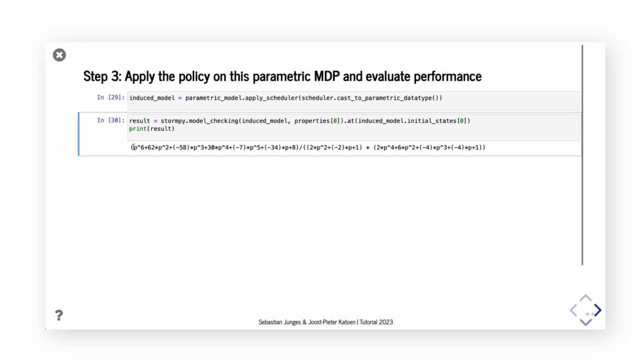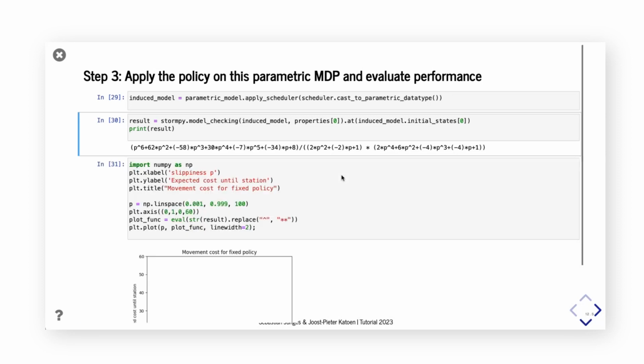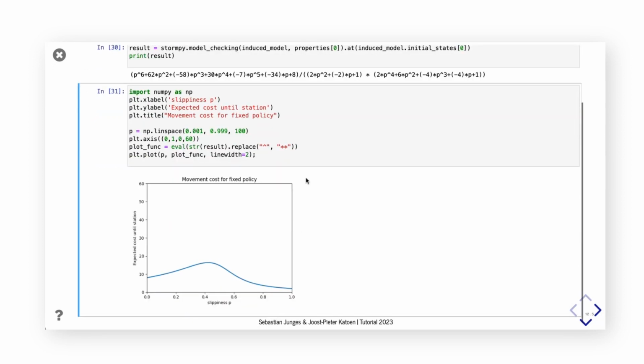Then you'll get this function, which, like before, is hard to grasp, but we are in Python, so that's nice. We can just plot this using NumPy and matplotlib, and we see that if this slippiness approximates 1,